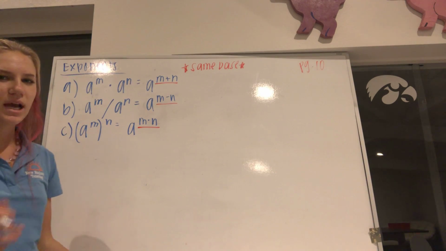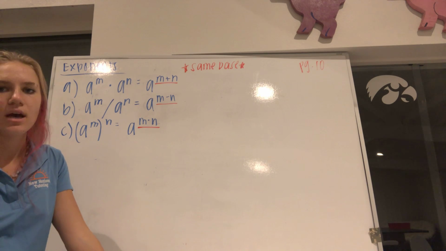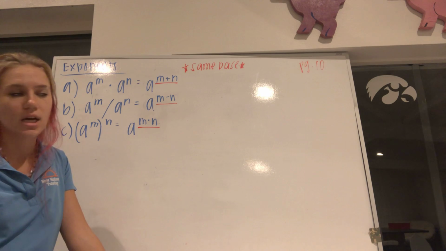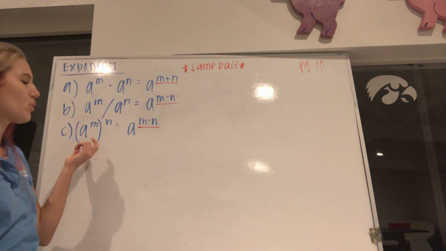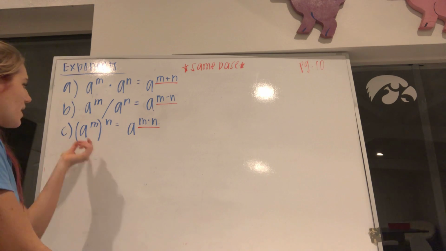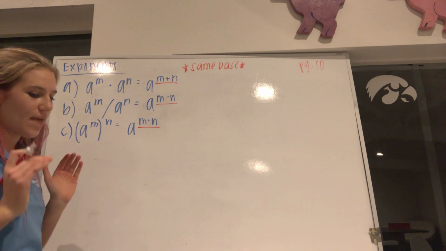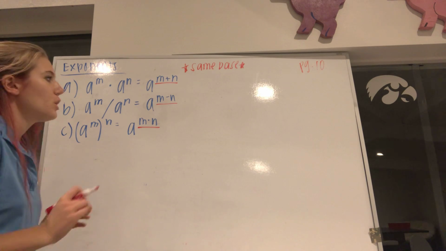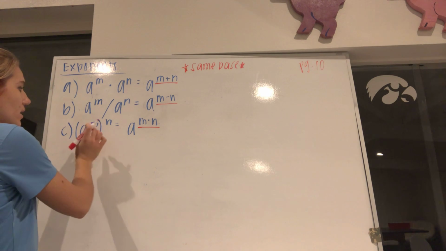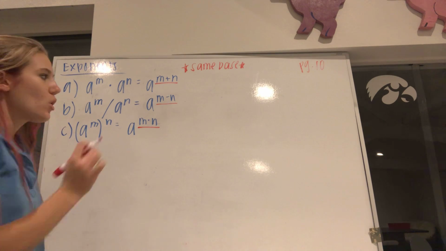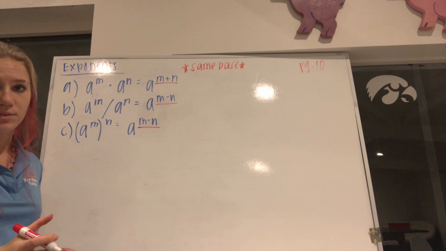C is closely related to A and B in that we're taking the little brother operation. This time it's just dealing with one value, right? We don't have two separate A values. So we have A to the power of M, and then that value itself is being taken to the power of N. So instead of taking the exponent M to the power of N, we multiply those two individual exponents,